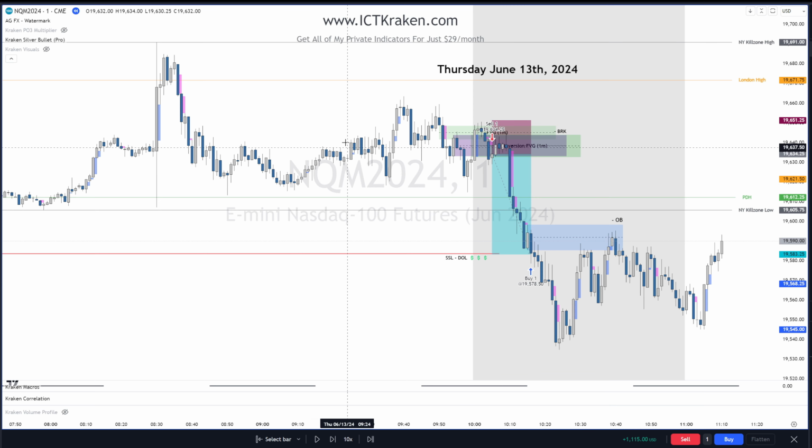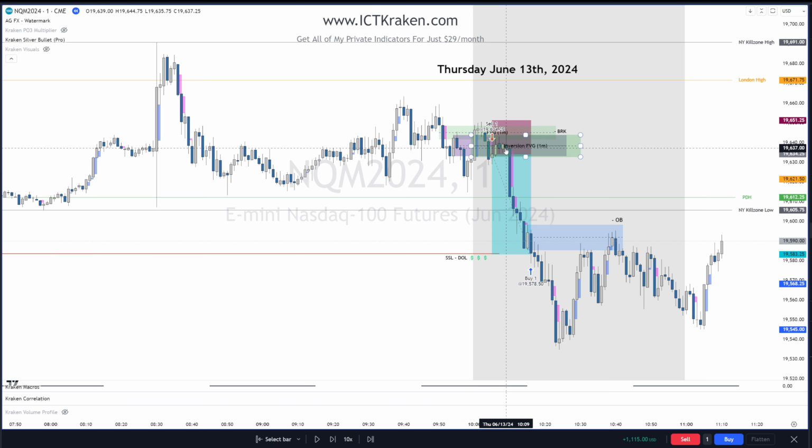All right, so let's recap. We came to the 10 o'clock hour and the London high was already swept. So then we consolidated after 8:30. At 10 o'clock, we had a fair value gap here that we wanted to see was going to trade through it and create an inversion fair value gap to go higher to take out this high, or was it going to hold and then trade lower through another fair value gap, making that an inversion. At the same time, the breaker block that overlapped that fair value gap, was that going to be an inversion breaker as well? And so we got a fair value gap, an inversion fair value gap, and an inversion breaker all holding price down. So we took our trade.